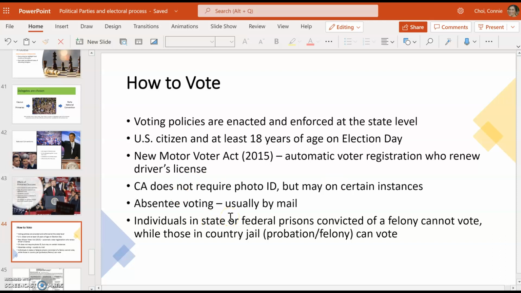Absentee voting is where you are absent from the voting location on the day of the election because you're voting by mail. That's why we call it absentee voting. Voting by mail is called absentee voting. Now, what happens